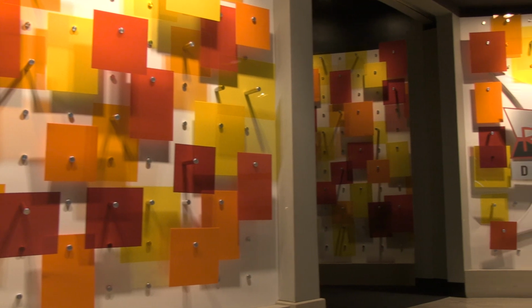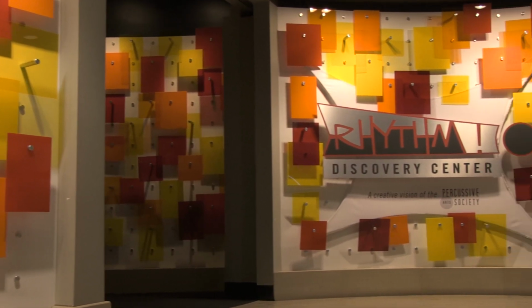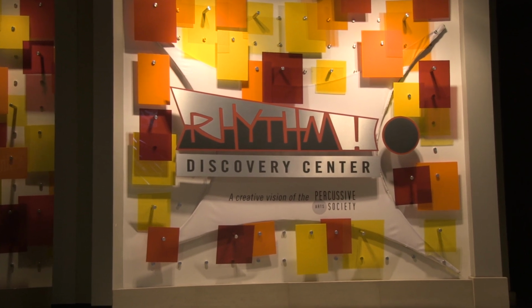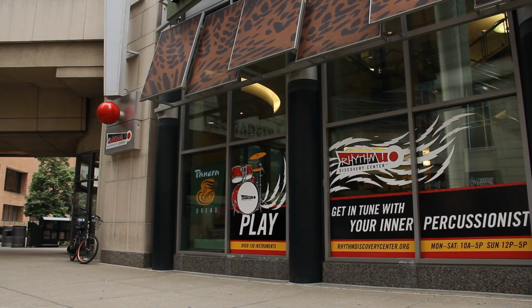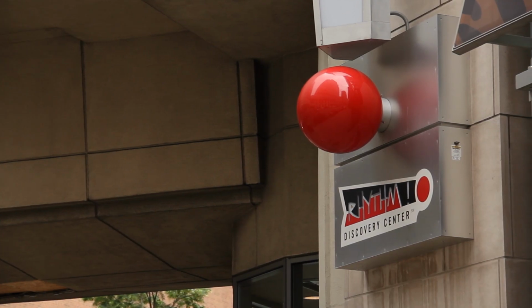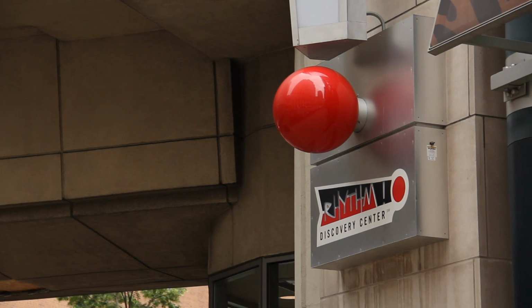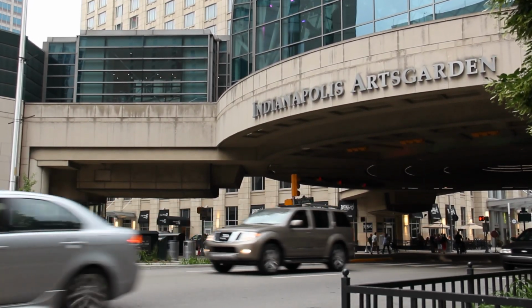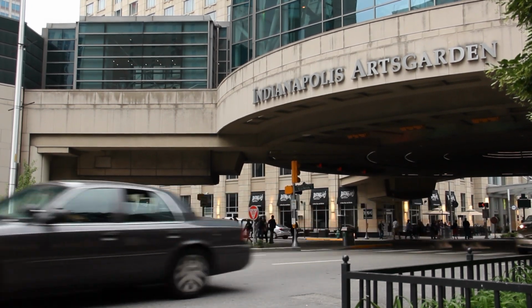The Rhythm Discovery Center is an interactive drum and percussion museum. We've got over 200 different drum and percussion instruments you can play on, as well as a full hands-on interactive area. It's located inside the Claypool Court building, which is part of the Circle Center Mall, and as a landmark, we're right below the Indianapolis Arts Garden that spans West Washington Street. So if you go to the Claypool building and then take the escalator on your right, we're on the lower